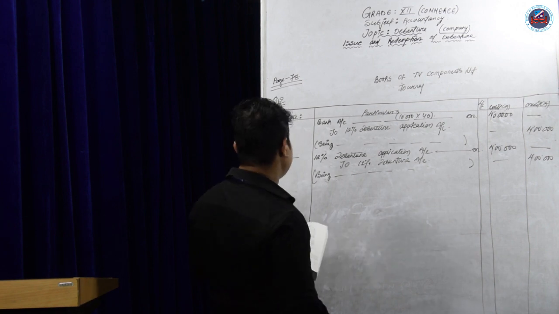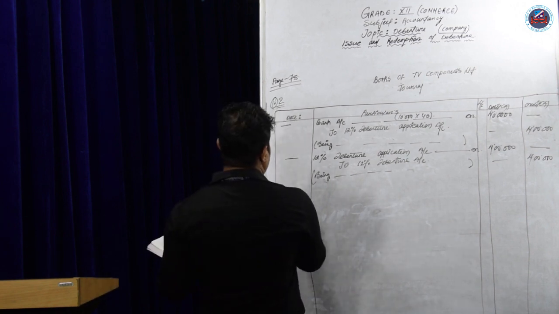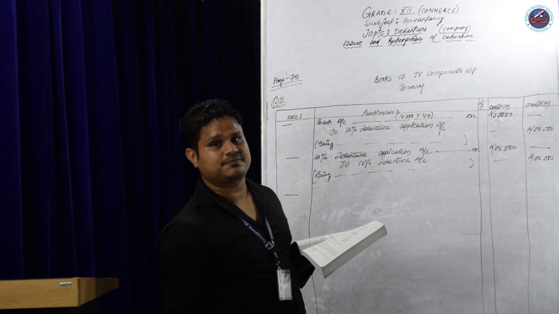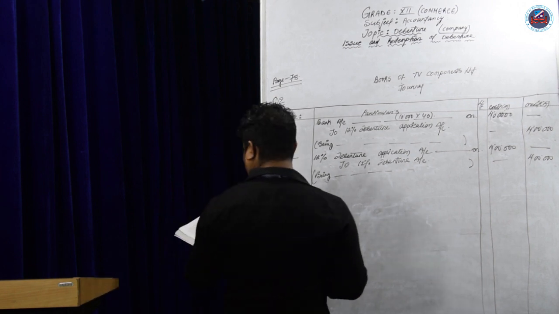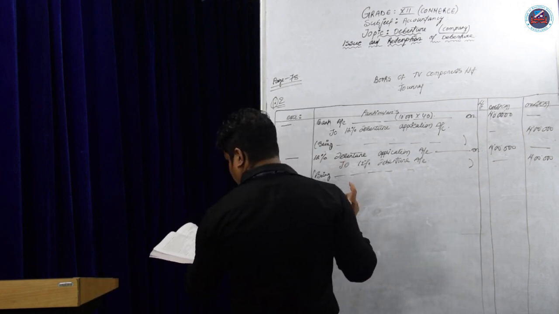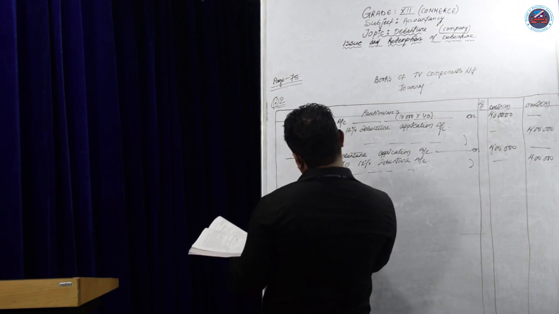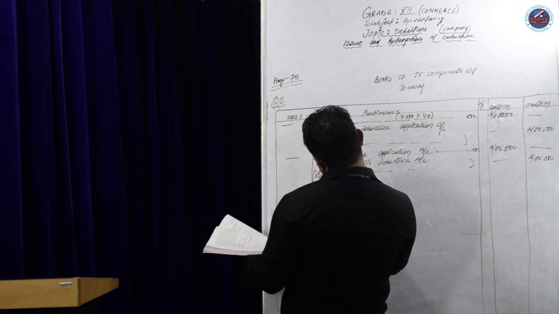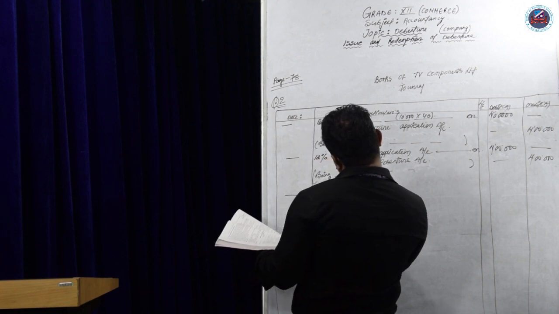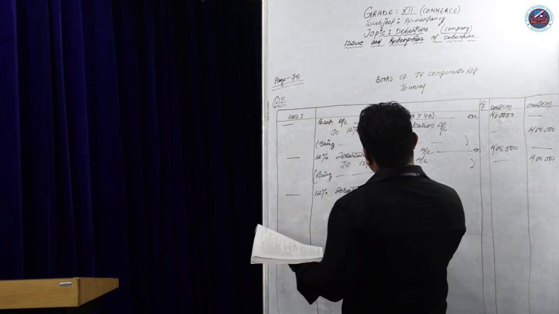Now for the allotment, that is a due entry. At the time of due, you have to show in the books of accounts that you are giving a discount. So how will we write the discount entry? Discount is the company's loss. It should come as debit. So write 12% debenture allotment account debit.